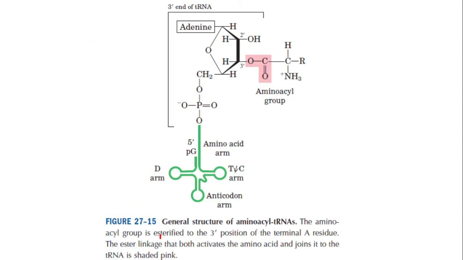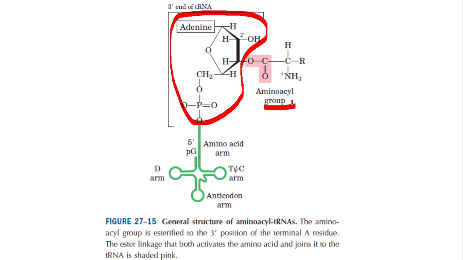The same picture is enlarged once more. This is the tRNA. This is the 3' end of the tRNA. This is a phosphate. This is the carbon number 5 of the sugar. It is bearing an adenine. So this is actually adenosine. This was adenosine monophosphate. It is bearing the amino acid on carbon number 3. I think now the picture is clear to you.